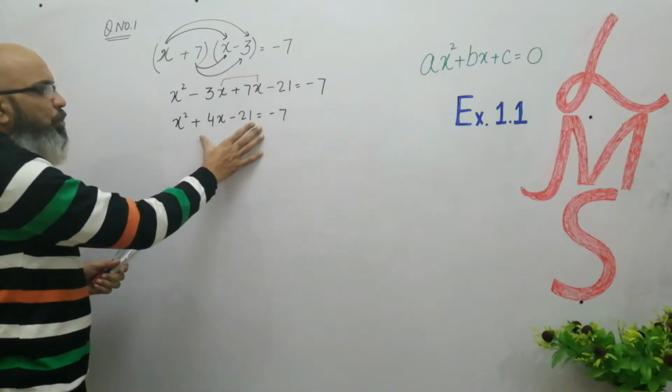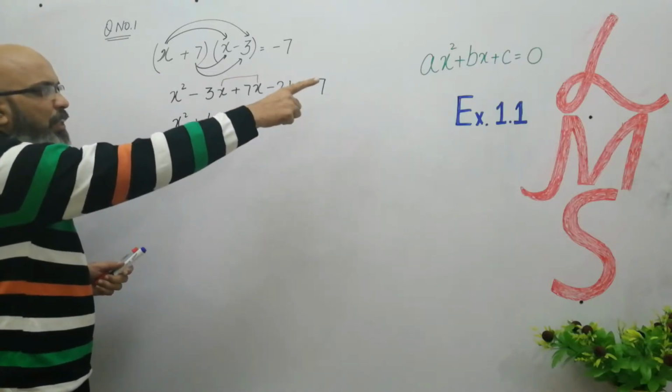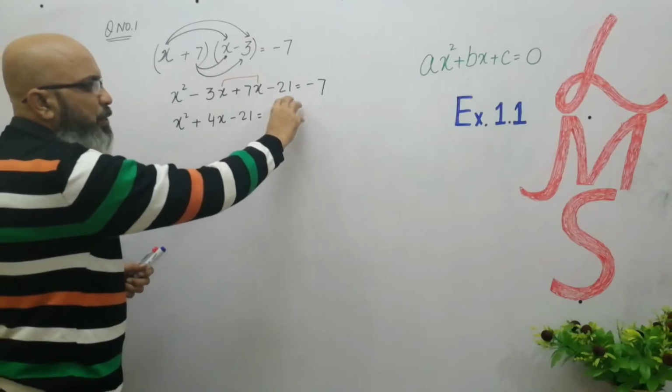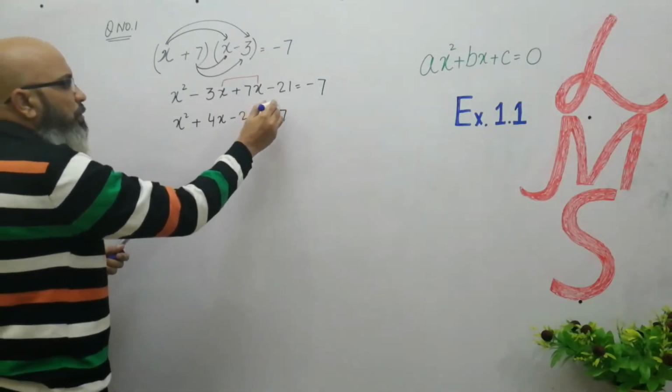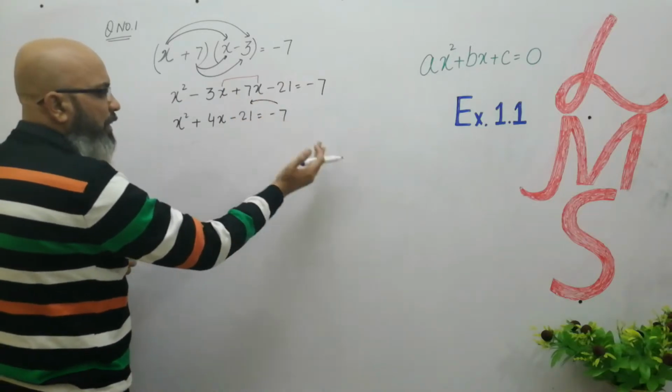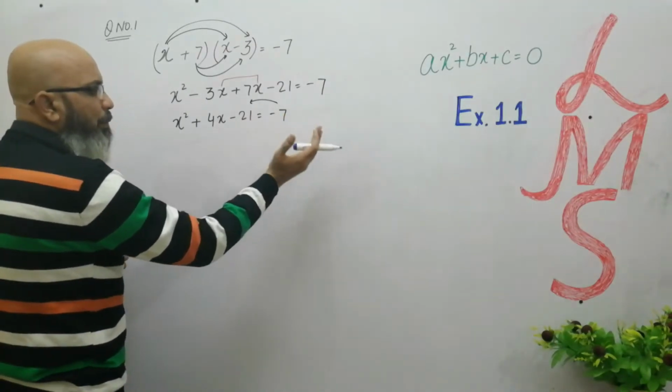So now we have to change this into standard form. Means in the standard form, on the left side there must be a 0, so we will move this constant in this way. So when we move any value from one side of the equation to the other side,